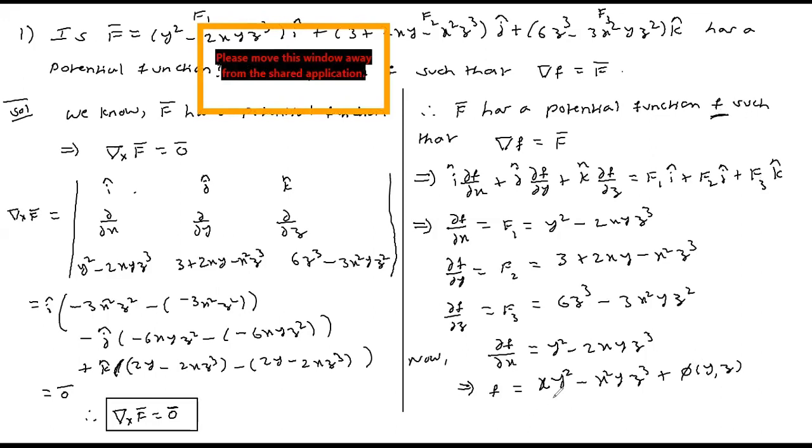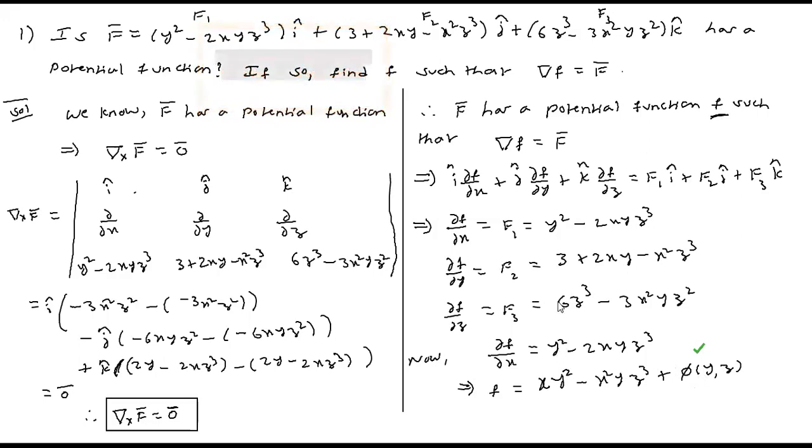In f we already got two terms. What is unknown is now phi. Now if you can find out phi, then the whole function is known. Okay, to find out this unknown function phi, we are going to use the remaining two conditions. Is this clear? Yes, sir. Shall I proceed?